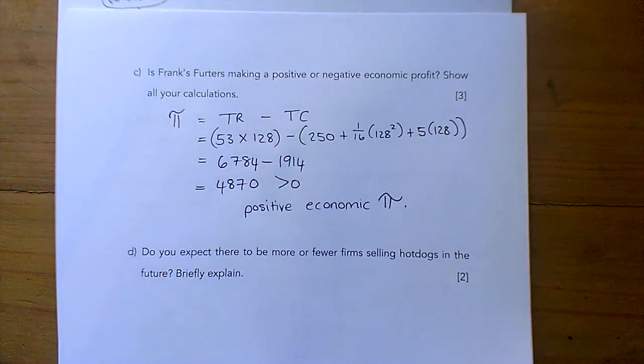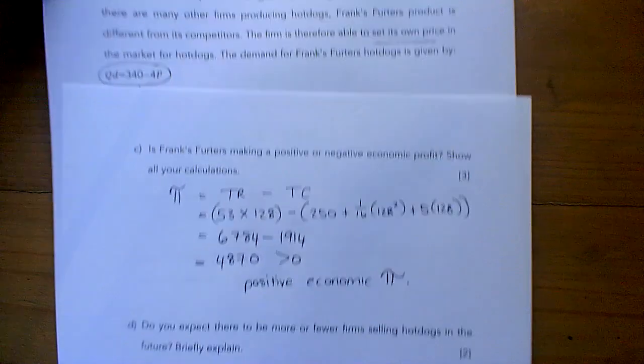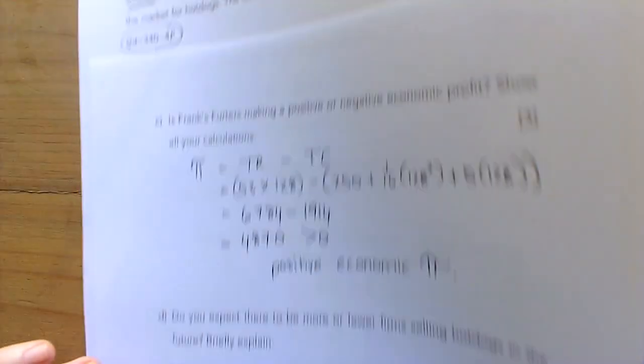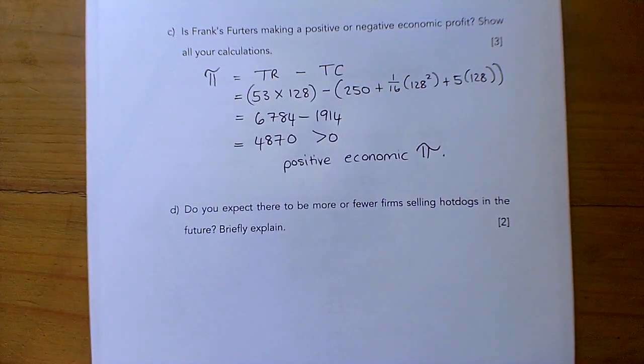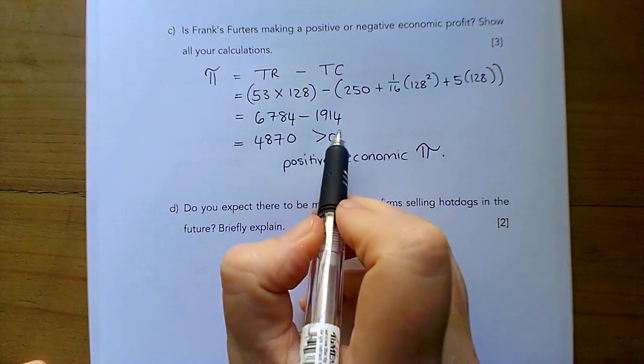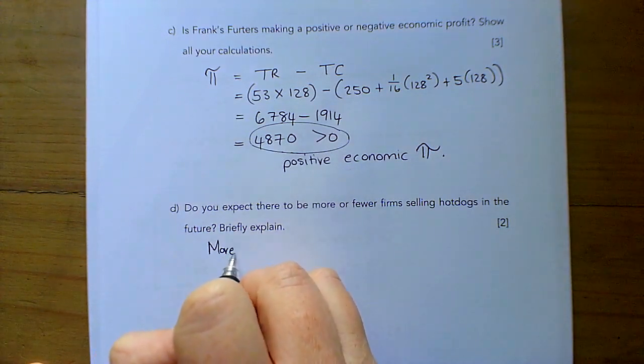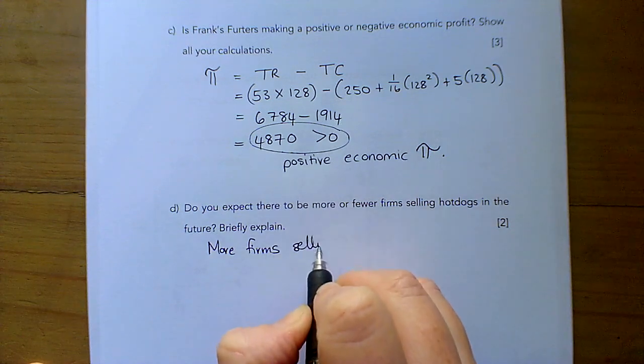Okay. D then asks us, do you expect there to be more or fewer firms selling hot dogs in the future? Briefly explain. Okay, so this is a monopolistically competitive market. And the reason I know that is because there are many firms selling differentiated goods. So it is a competitive market, which means if any firm in this market is making more than normal profits, so positive economic profits, it's going to incentivize other people to set up in this industry. So we would expect there to be more firms selling hot dogs in the future,